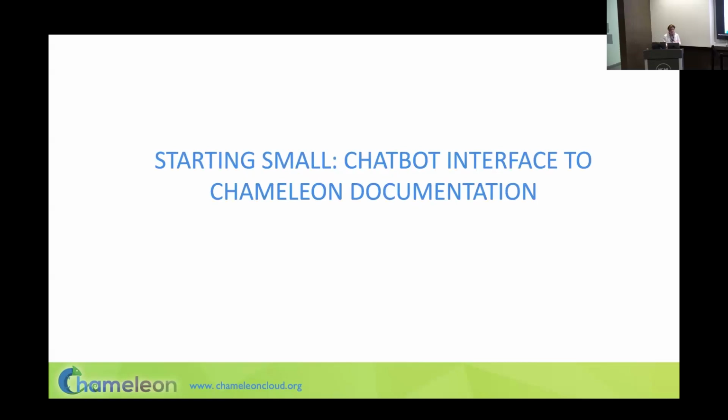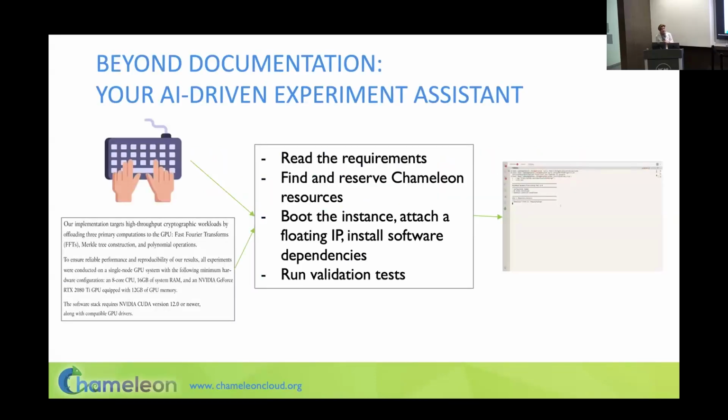And lastly, just a few words about how AI can help us. We were going to do a demo of a chatbot interface to Chameleon documentation. We won't do that because of time constraints. We're already a little bit over. But Mark Richardson, who you saw in the introduction here, was going to show that demo and is working on that project. It's again something that we're trying to release in the next 6 months. If you want to see the demo, talk to him. It would be lovely if you could see it and provide feedback right away. So that will be our small foray in using AI to make Chameleon work and work better for you.